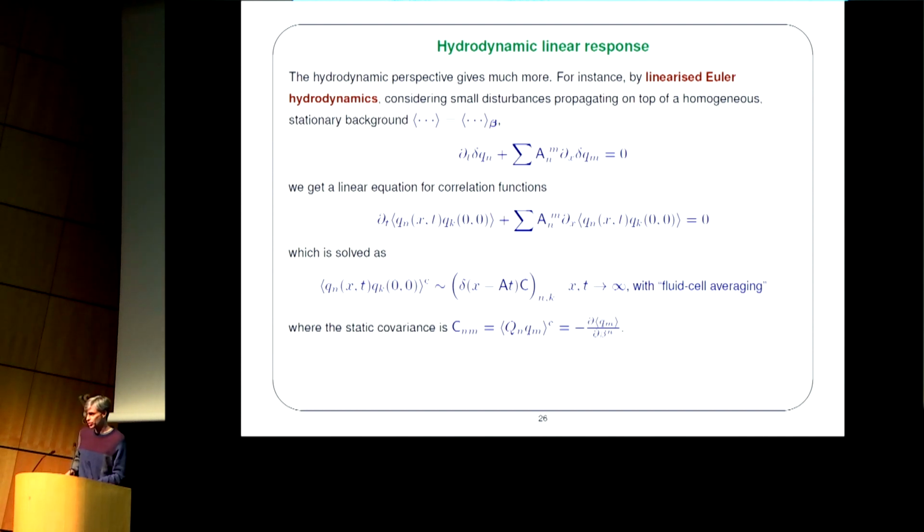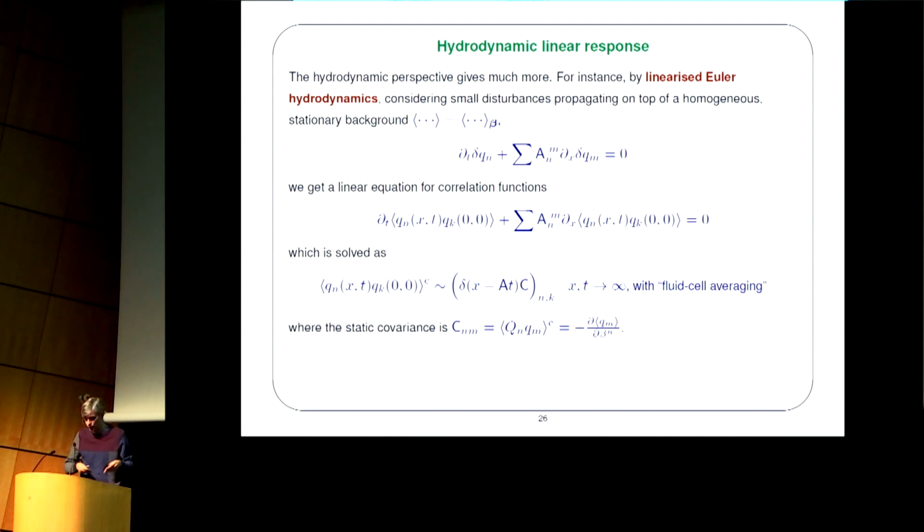Perturbations will describe correlation functions, so correlation functions on a homogeneous stationary state. They satisfy a nice constant coefficient linear equation, which you can solve explicitly. What you get is a delta function form. In fact, the meaning of this equation is that the two-point function of conserved densities at large scale in space-time, and under appropriate fluid cell averaging, so under averaging in a mesoscopic region in space-time, the result of that should be in general some generalized function of the form delta(x - At)